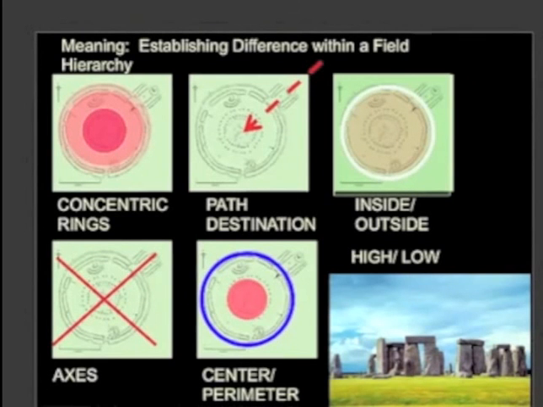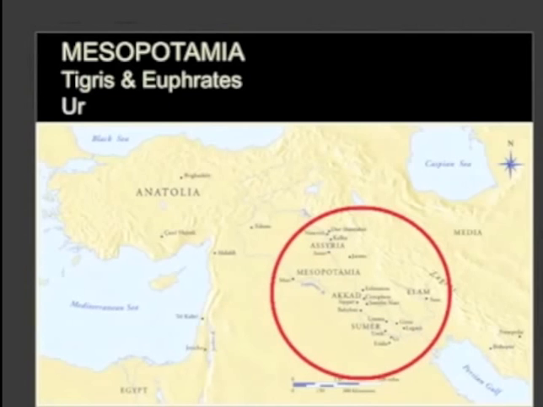So we spoke about concentric rings, the idea of the path. Are you inside? Are you outside? Axes cross, it gives us a point. We have a perimeter that organizes itself around a center, and so forth. There, several thousand years of history, done. We're not done yet. Let's go back to